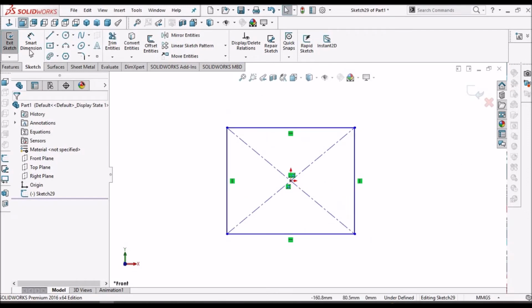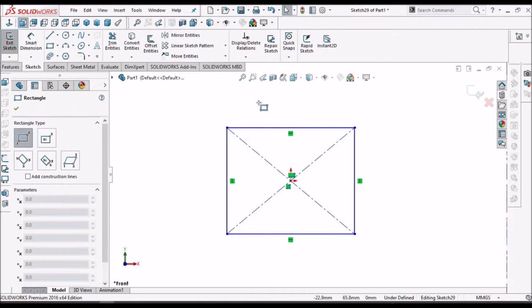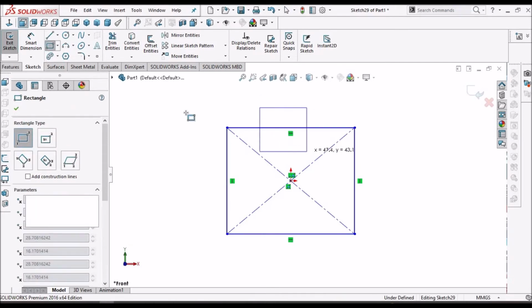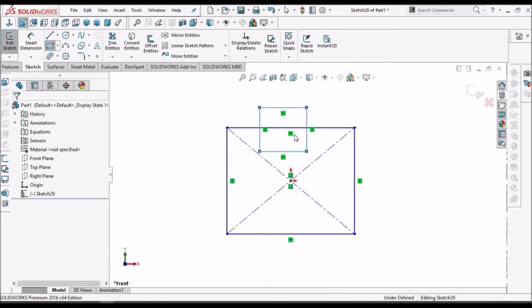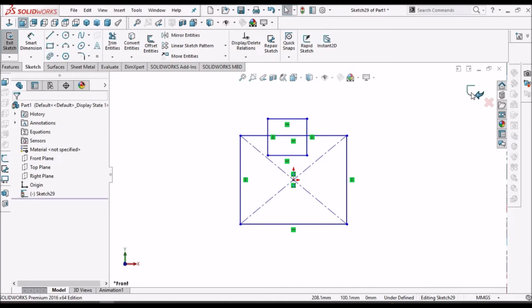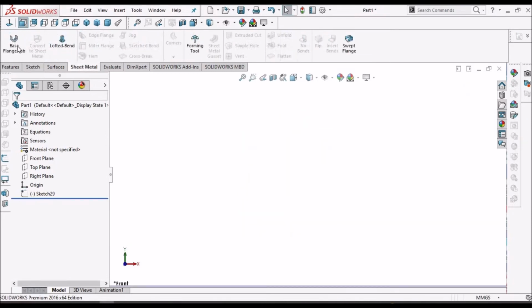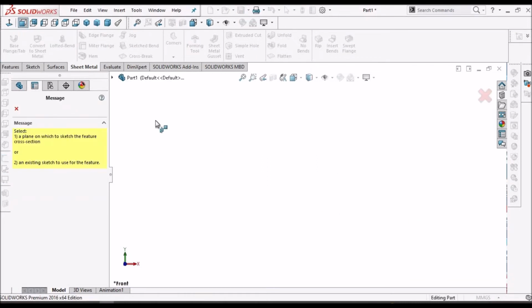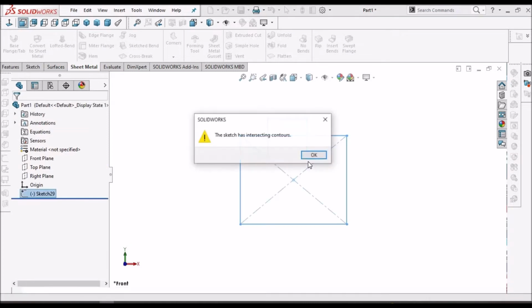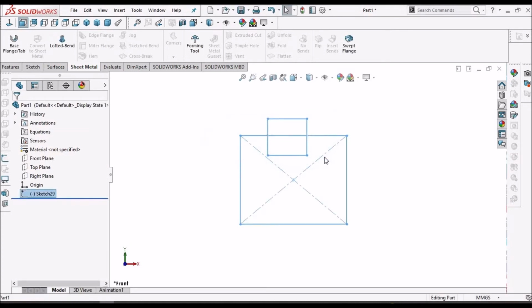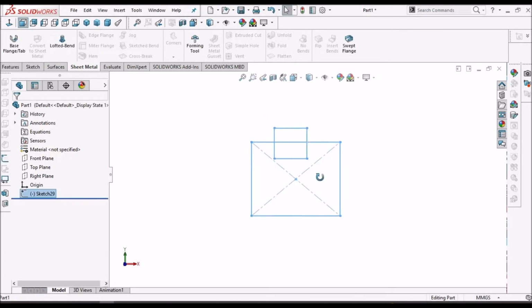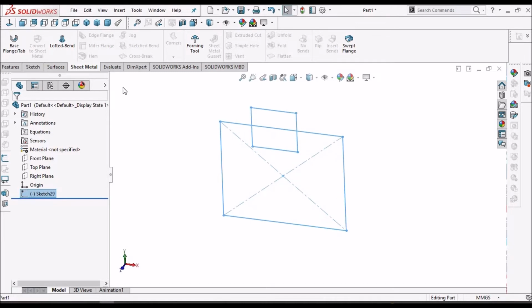See, in sketcher mode, if I create two sketches and select the base flange, it is saying intersection loops, so it's not possible to create.